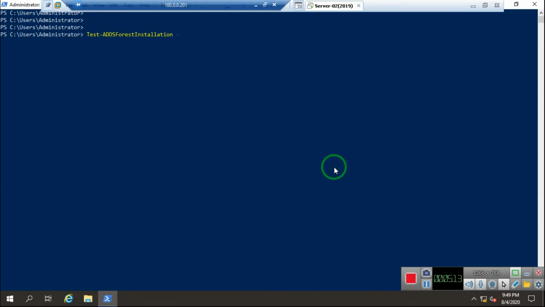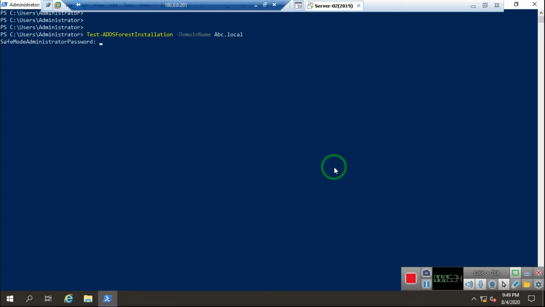So go for -DomainName. I need to define the domain name. On my side I go for abc.local. You can use whatever domain name you want to use. After that you need to press enter. After you enter this, it asks you for a password. This is the DSRM password, the Directory Services Restore Mode password.